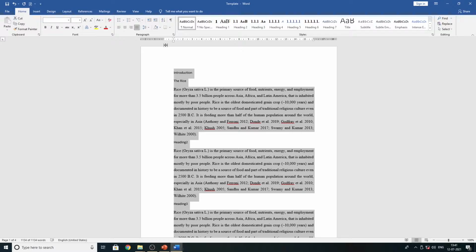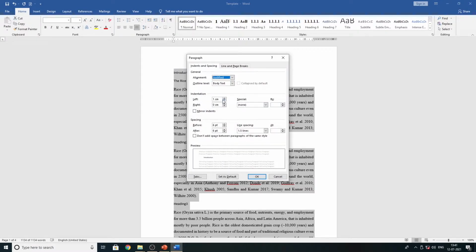Then go to Home and select this arrow button. You can see more functions over here. Then go to Indentation and set it to justify. This is body text. Then go to the left margin and right margin, and adjust the left margin to 1 centimeter.